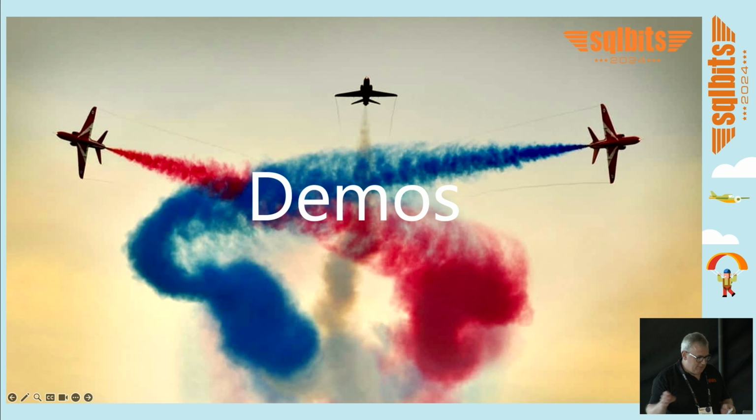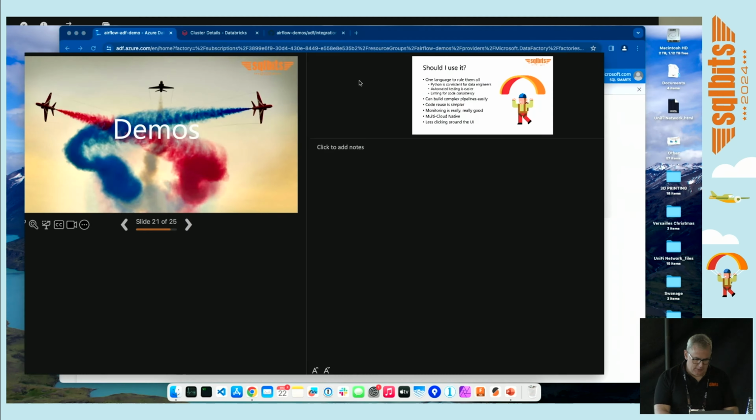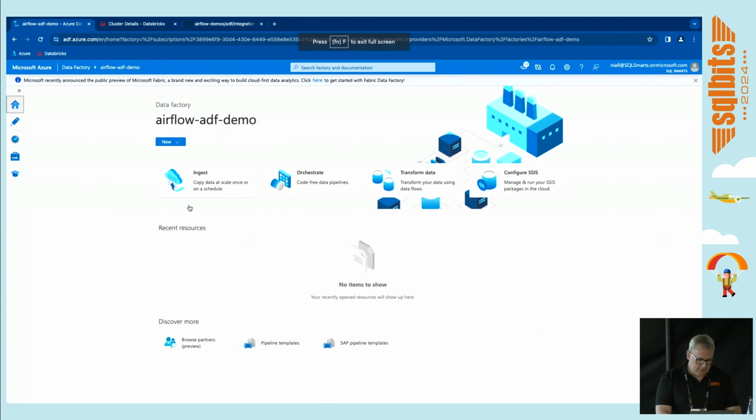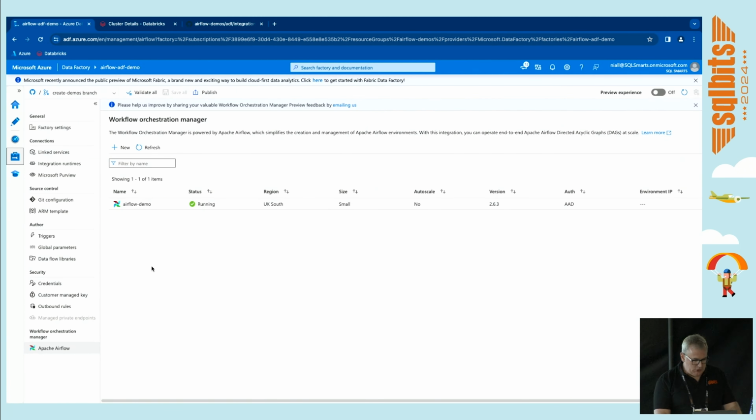Right, so we're going to go on to some demos now and actually have a look around what Airflow looks like in practice. So we're in Data Factory. We want to set this up. Where do we go? Come on to Manage, and at the bottom, we can see that we've got Apache Airflow down here. So in terms of setting these up, I've set one up already,